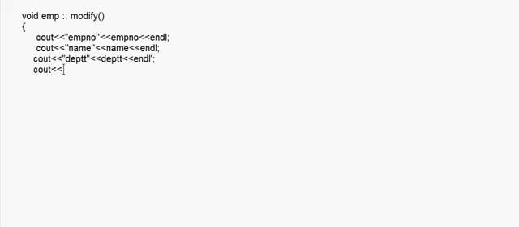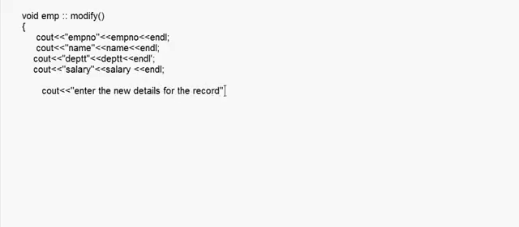Cout salary here, and then endl. Okay, now after this, here I ask the user to enter the new details for the record. So whatever the user enters, that will be the modified data.